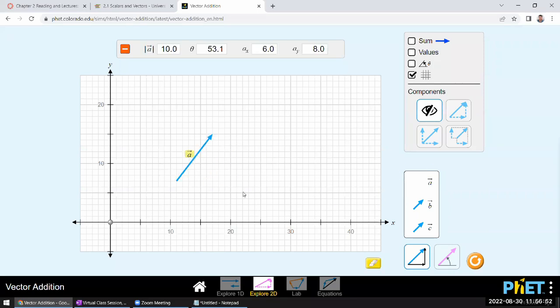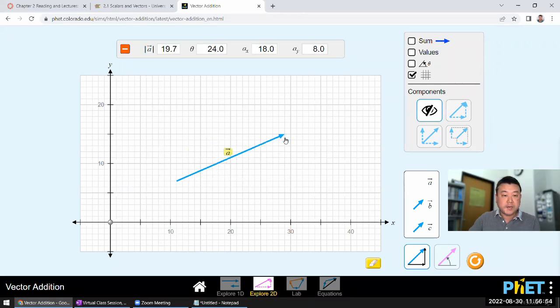So you can drag vectors in here, manipulate it, see how the magnitudes relate to the length of the vector, see how the angle relates to, well, the direction of the vector, and how the components relate to these. So these are the things that you can look at. And I guess it's mostly visual. I hope